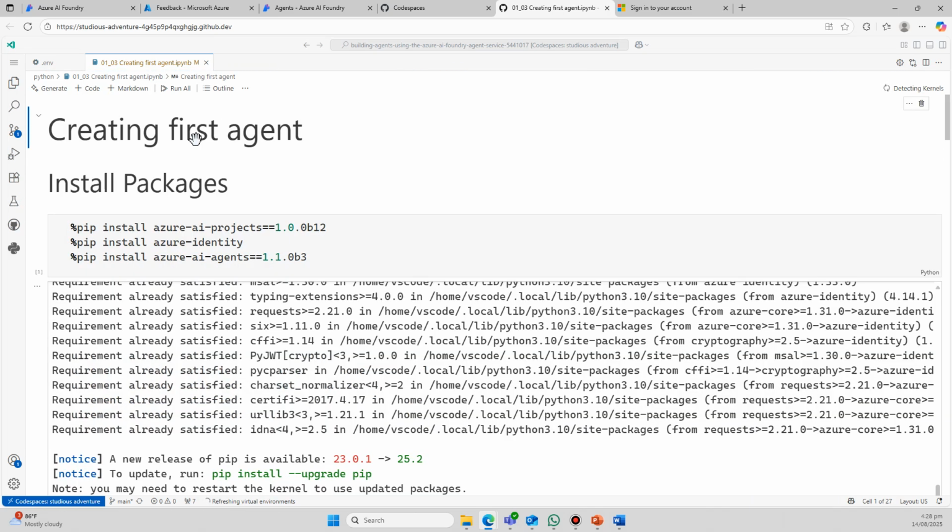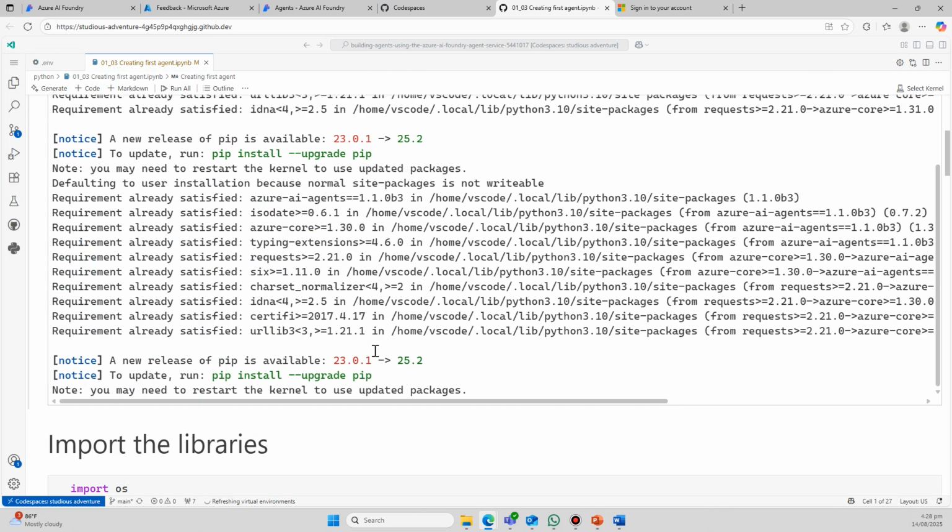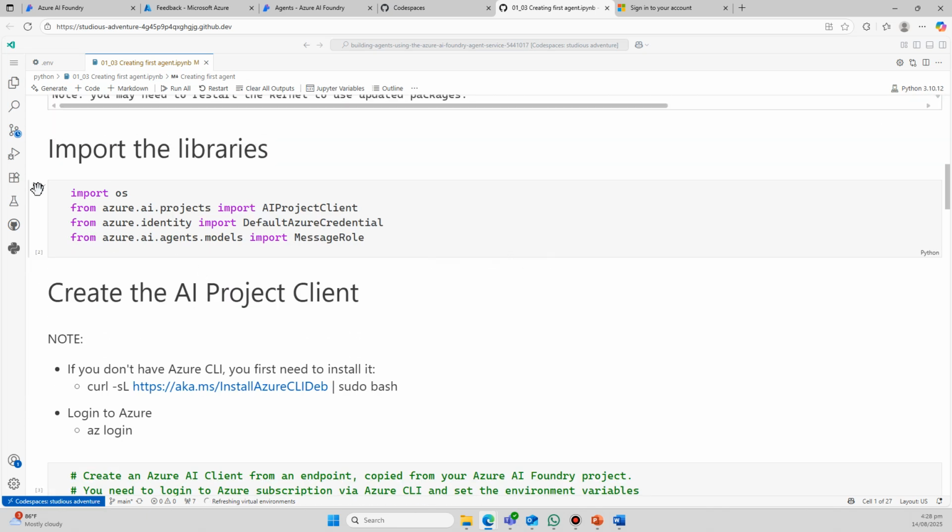Now let's head back to our code again. So we import the library.